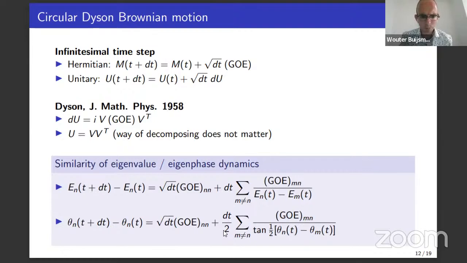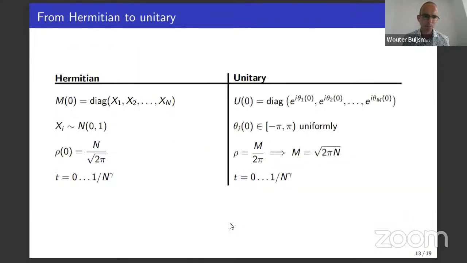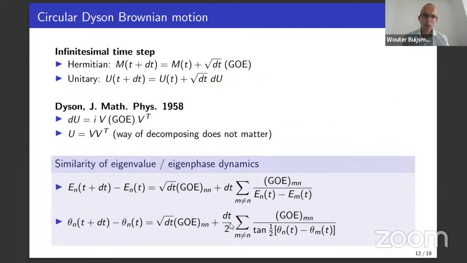And what you can show, which is not on this slide, is that you can derive similar equations, although they look a bit more complicated, for the eigenvectors. These also evolve stochastically. Okay, now that we know how,